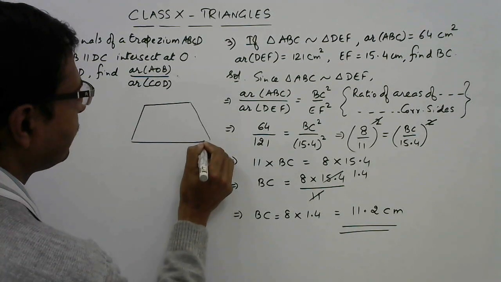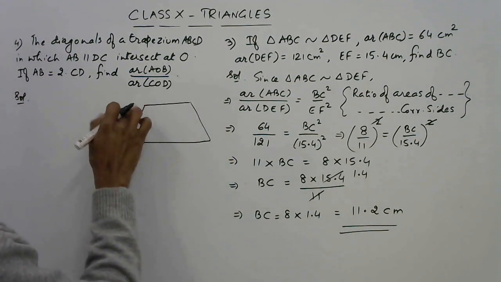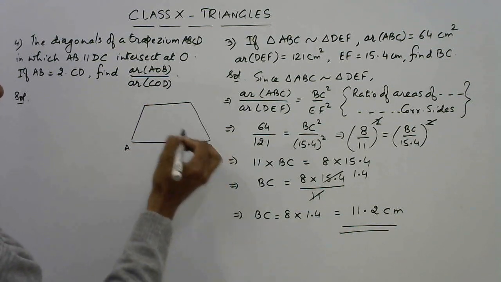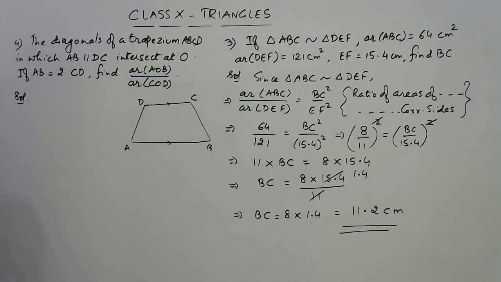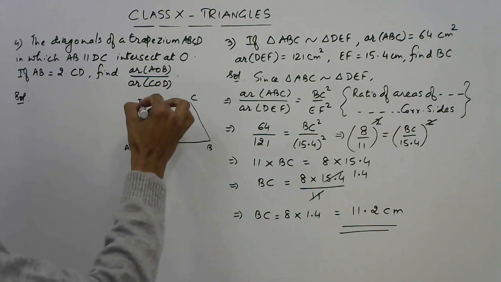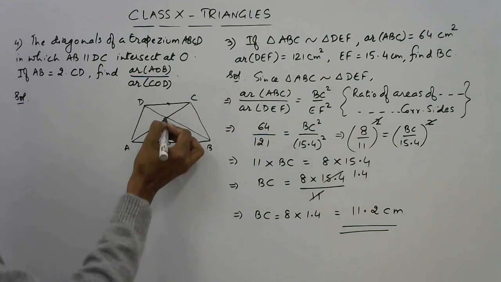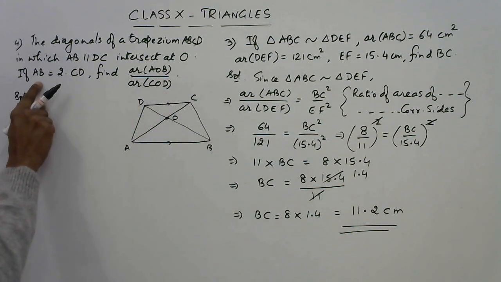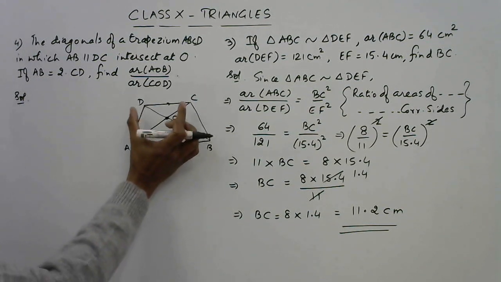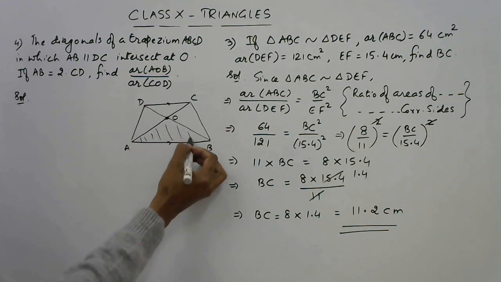This is a trapezium. So AB is parallel to DC. So these two are given parallel, and the diagonals intersect at O. So we need to draw the two diagonals like this, and now they are intersecting at O. Now in this we are given that AB is twice of CD. So AB is double of this CD, and we need to find the ratio of areas of this AOB and COD,